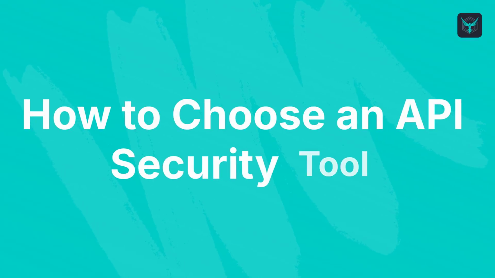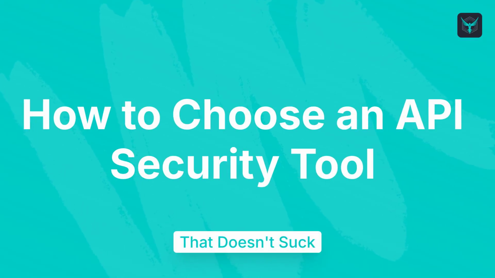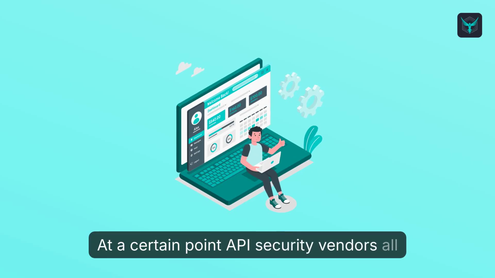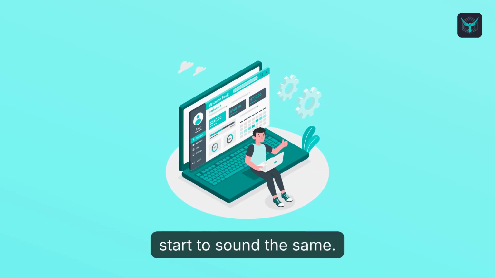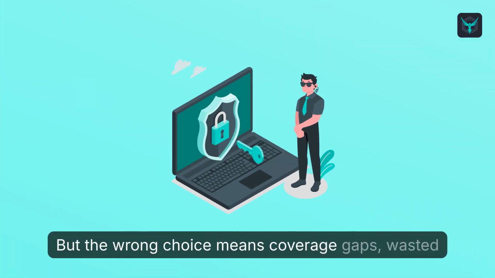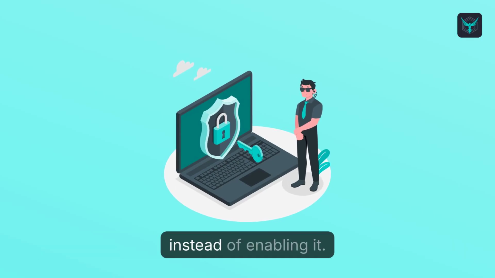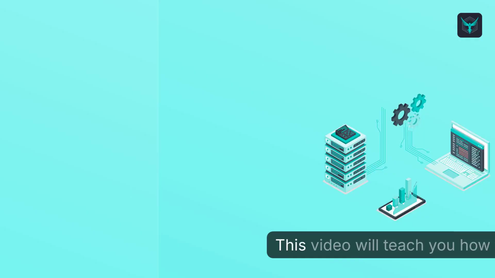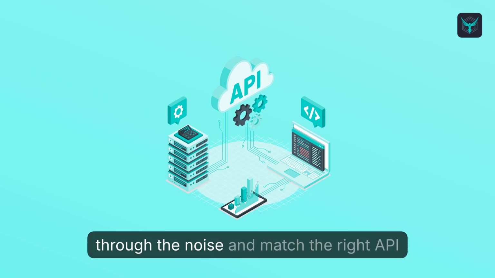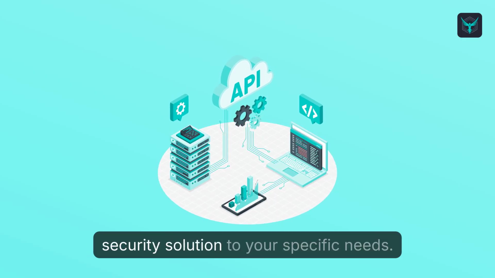How to choose an API security tool. At a certain point, API security vendors all start to sound the same. But the wrong choice means coverage gaps, wasted budget, or security testing that slows down development instead of enabling it. This video will teach you how to cut through the noise and match the right API security solution to your